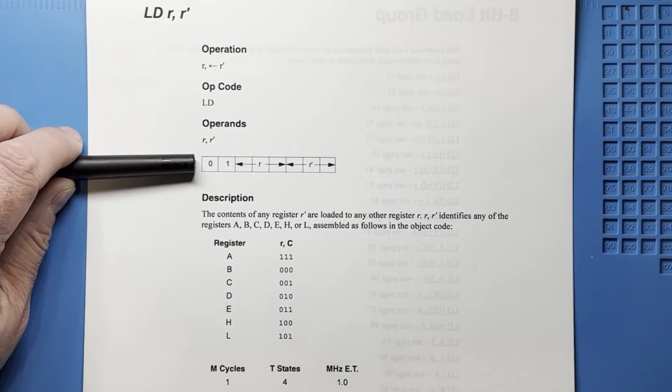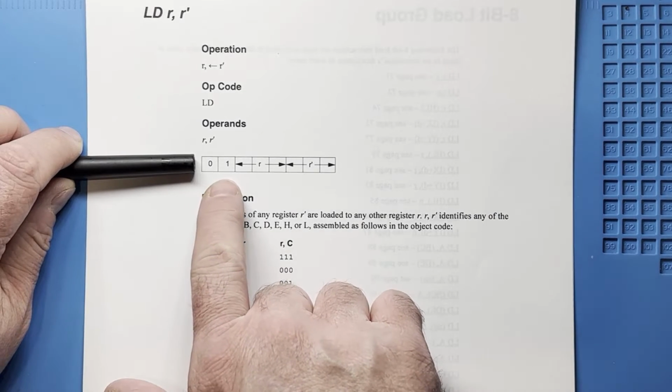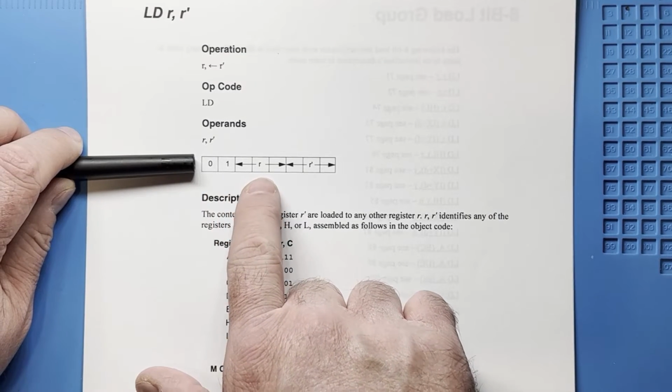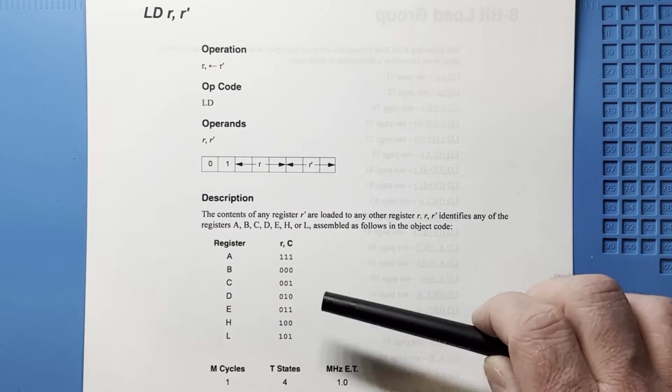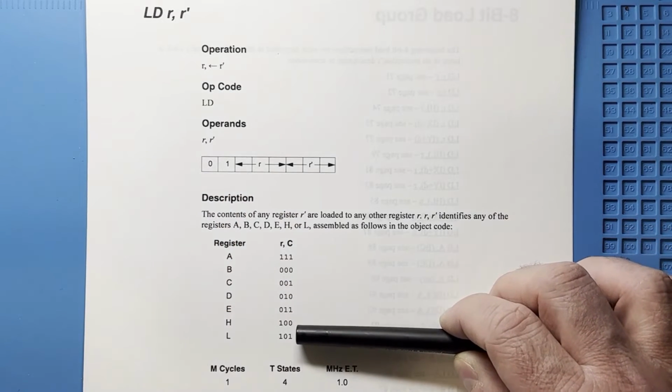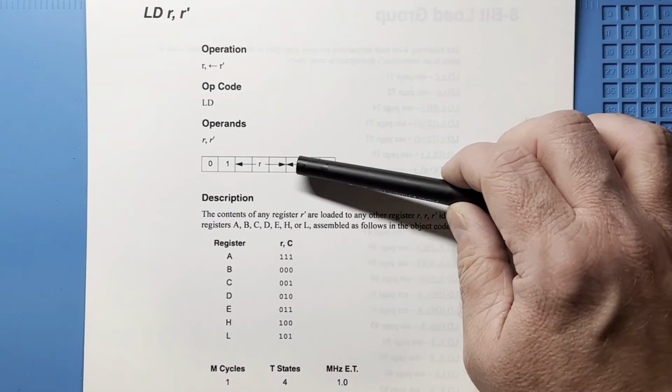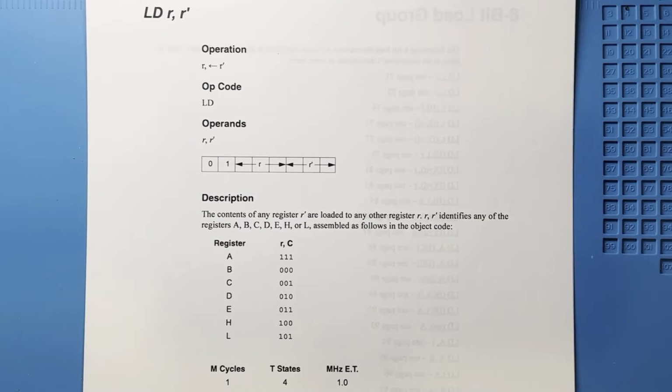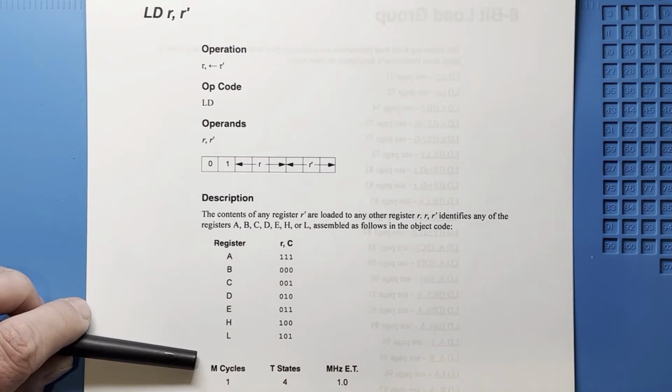follows. Bit 7 is a 0, bit 6 is a 1. Now bits 5, 4, and 3 contain a combination that indicate the 8-bit register to write to, and bits 2, 1, and 0 indicate the 8-bit register to read from. By using these 3-bit register codes, the entire command fits into 1 byte, meaning it can perform the command in